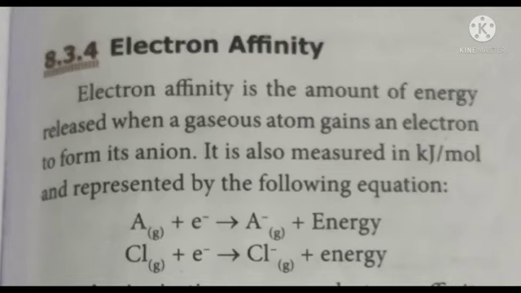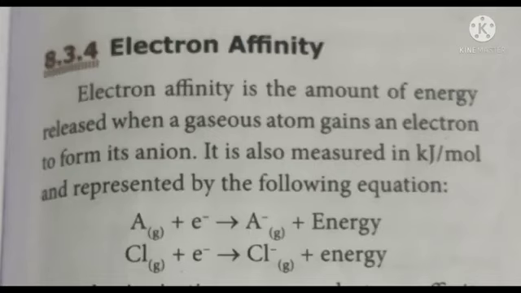Electron affinity for noble gas is dash. Like that, one question is there: 0. Electron affinity for the noble gas is what? 0, because it does not have the tendency to accept or to give, isn't it? It does not have the tendency to accept electrons, because the noble gas outer shells are already completely filled. Hence the electron affinity for noble gas is 0.